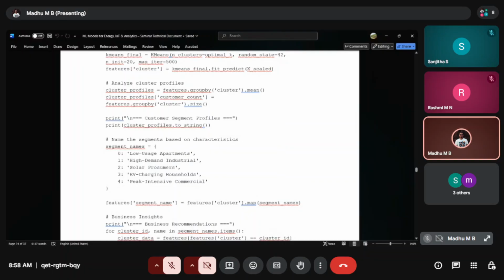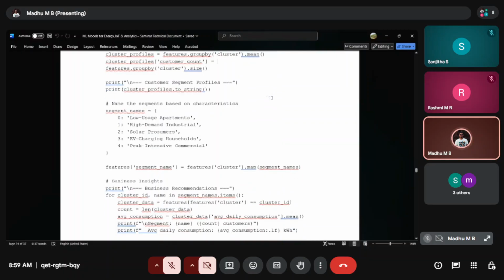Now we are trying to analyze the cluster, so we are trying to pull the cluster profiles. See here the features. Feature is again the CSV file. We are trying to group by cluster, and this is the function we are calling, the mean.